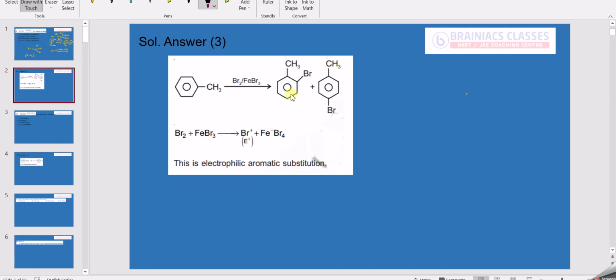You could see here that at the ortho and para positions, the substitution happened. And we know that the CH3 group is an ortho para directing group as well as an activating group. An activating group will always circulate negative charge in the benzene ring. Benzene is always rich in electrons because of the 3 pi bonds, and in addition to that, the CH3 group will circulate negative charge at the ortho and para positions. That's the reason why it is ortho para directing as well as activating. I hope it is clear.